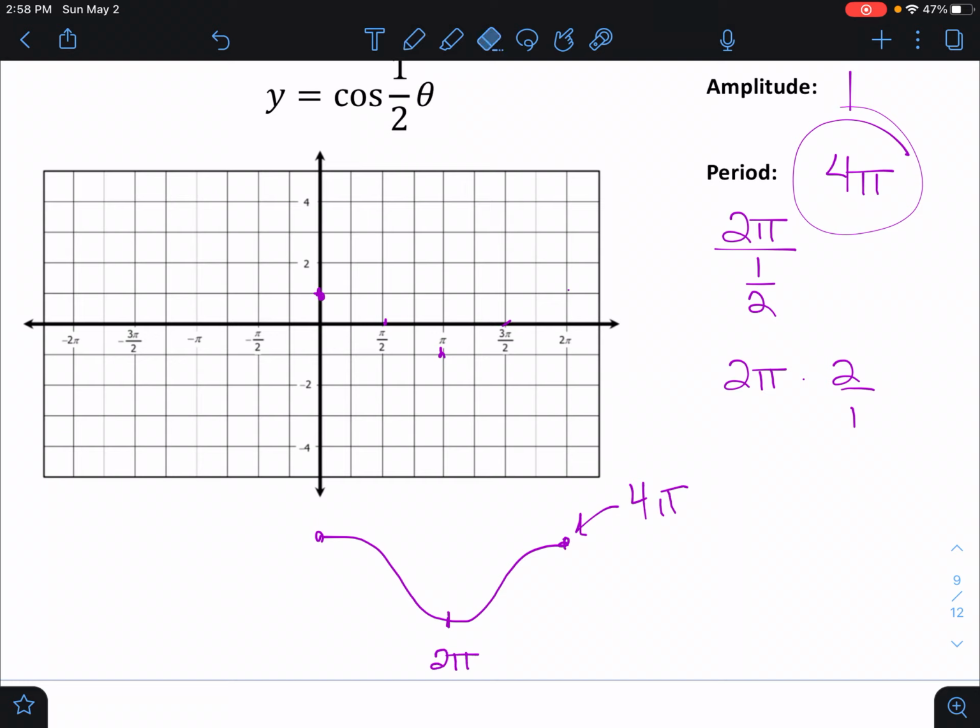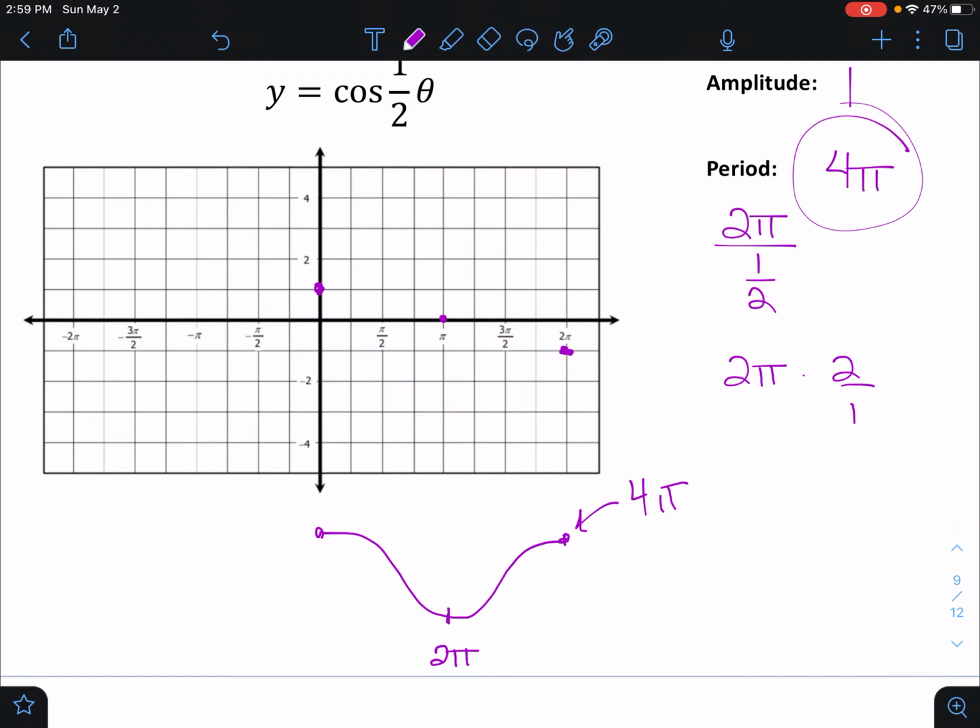But what I need to do now is change that and make it more stretched out. So I'm starting here, and 4 pi is way out here. So halfway in between that, I should be down in the middle at -1. So that's 2 pi. My whole wave is not there. That's okay. So halfway in between that, then I should be right here. So this would kind of go like this, but I'm not going to be able to see that on this graph. So now I'm going to go back the other way,